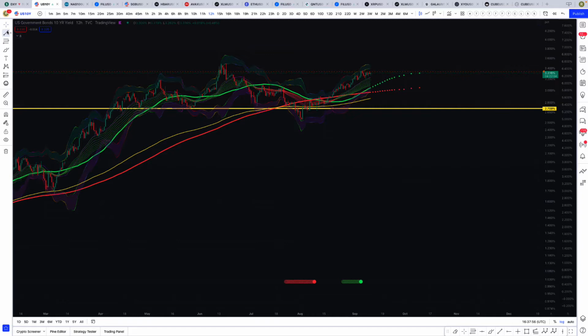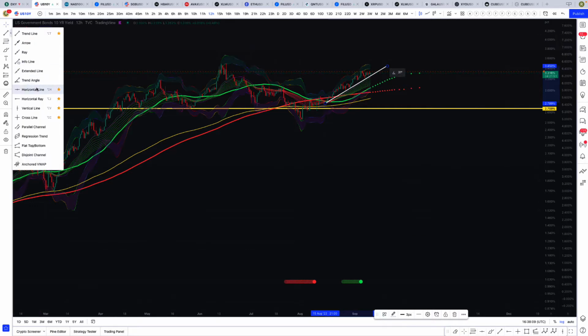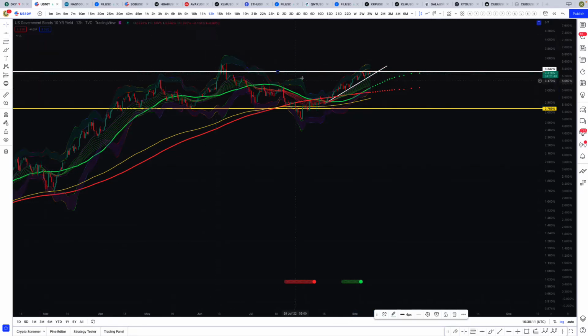And then we have the bond yields. So bond yields right now are at a critical key level. It's like a Fibonacci retracement. It's the last one. And then we have this trend line coming up like this. So there's really going to be a move out of the bonds here soon. We could see within the next couple of days, we're going to know what's going to happen. But if we break up here, I'd want to see a double top rejection. And then preferably I'd like to see us break down from this trend line, just chop around a little bit more, see some stability in the bond market.